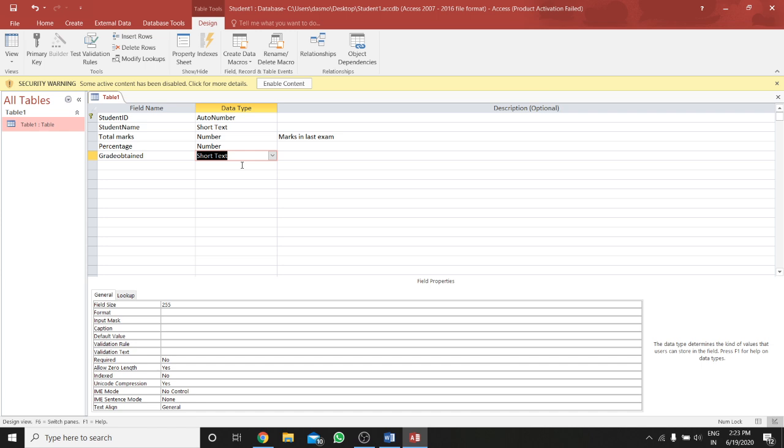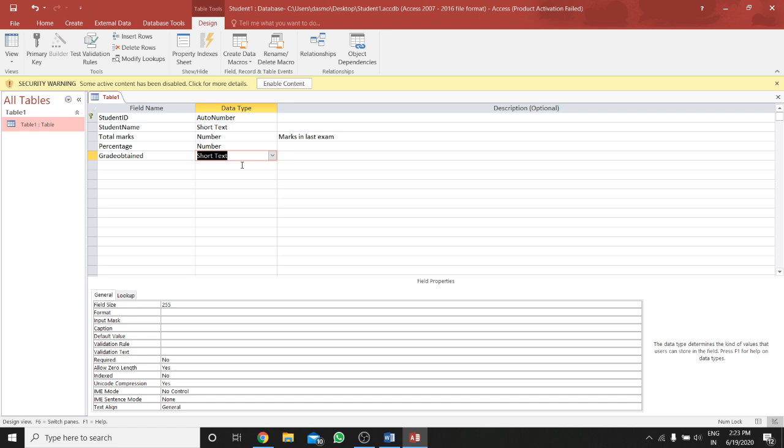Next I will be showing how to create a form. Now what is a form? A form creates a user interface through which we can view, enter, edit or delete data. Basically form controls are bound controls, unbound controls and calculated controls. Bound controls are used for the source data, unbound is data not bound to the source data, and calculated is one for which the source is an expression.